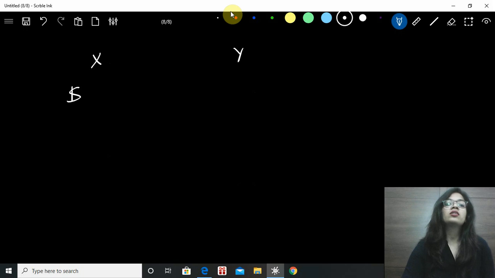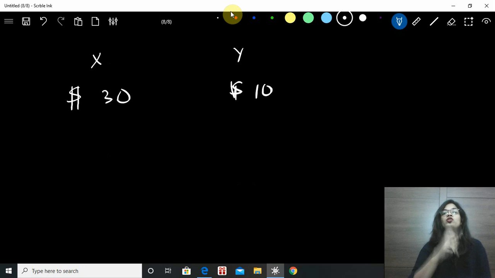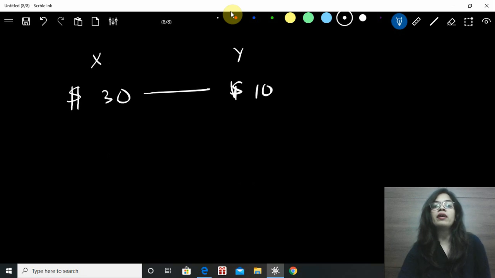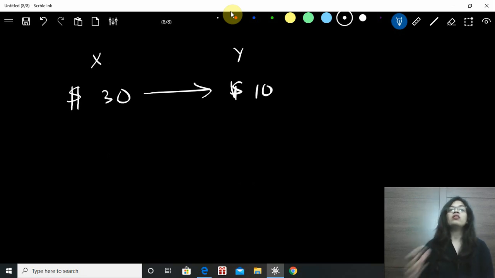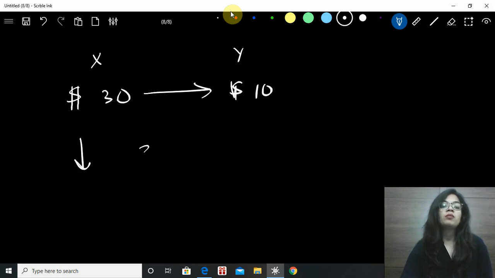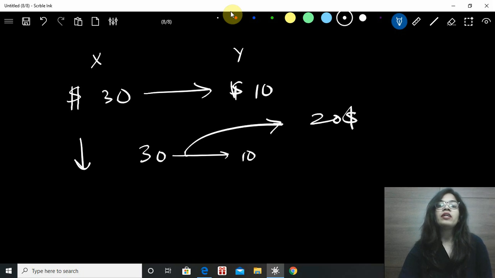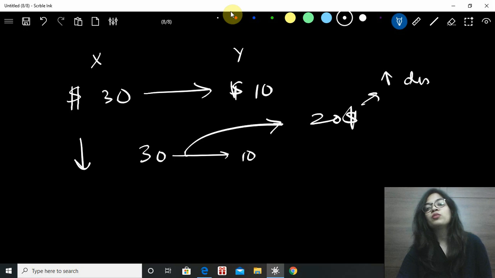Now the two effects that will be taking place are substitution effect and income effect. What happens is, when you have an option of X and Y, X costs $30 and Y costs $10, right? If you substitute your choice for X to Y, you save on income. So here your income is saved and your demand increases because of the saved income due to the substitution effect. Now what happens in income effect is, when the price of a product is falling, suppose from $30 to $10. Now here I am saving $20, right? Now this is an increase in my disposable income.